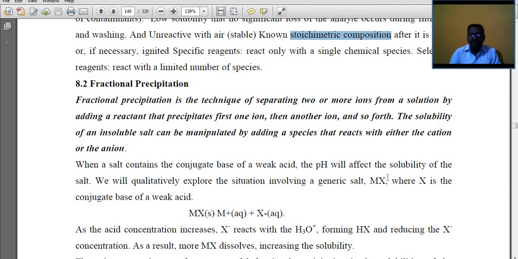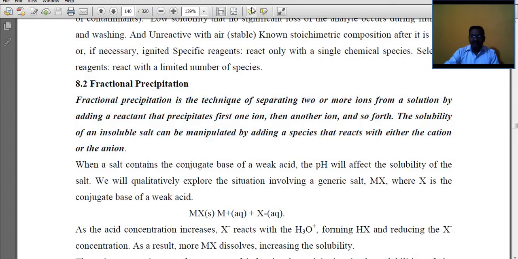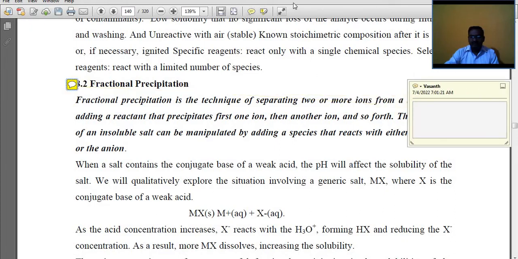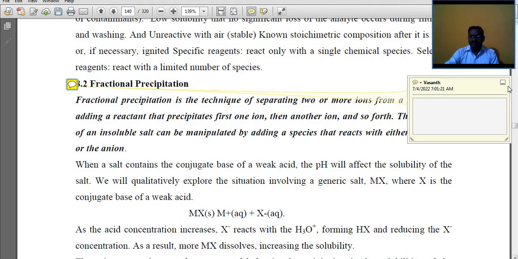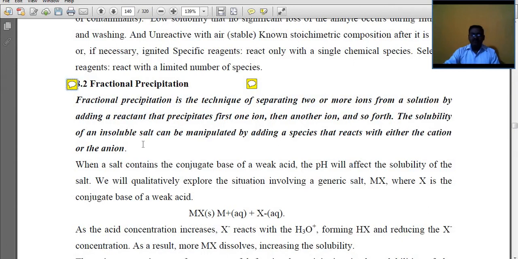The definition of fractional precipitation. Fractional precipitation is the technique of separating two or more ions from a solution by adding a reactant that precipitates first one ion, then another ion,